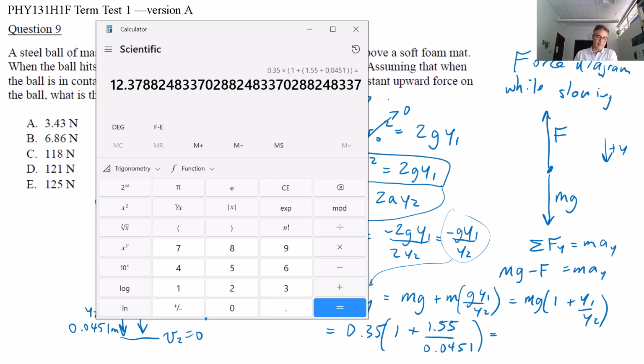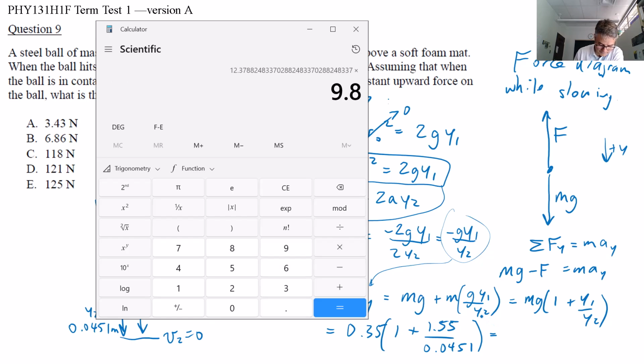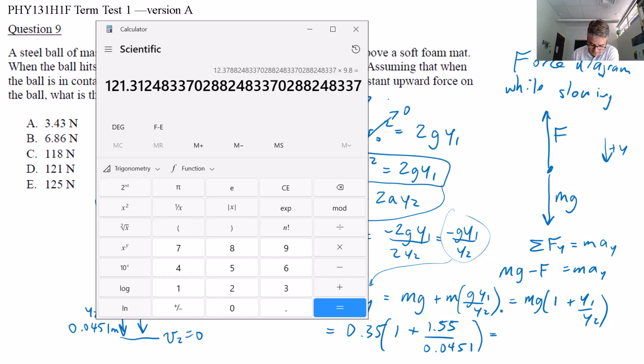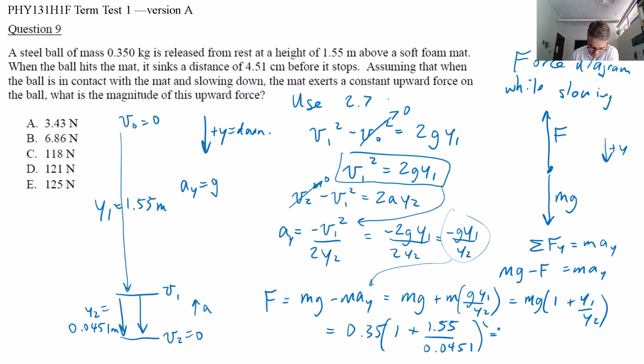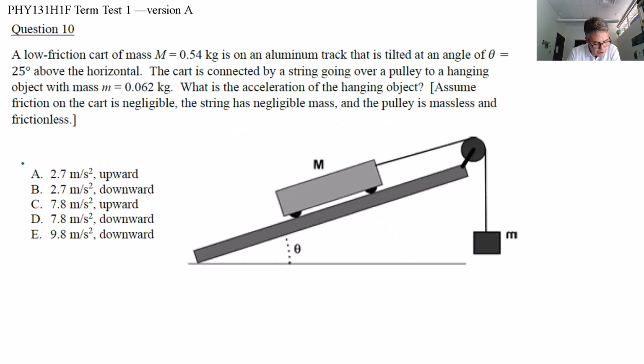Oh, I forgot the times by g. Times 9.8. 121. Don't forget to do m times g, right? Which is 121 newtons. A low friction cart of mass 0.54 kilograms is on an aluminum track that is tilted